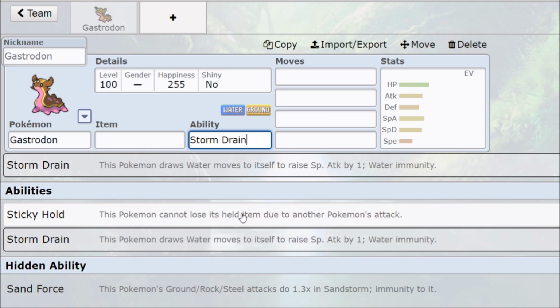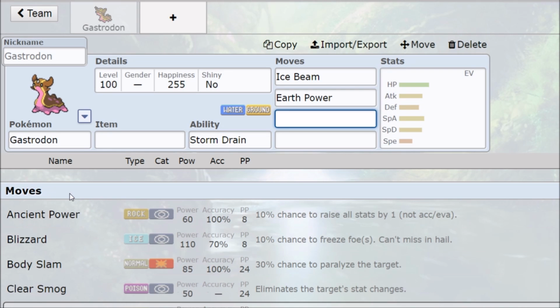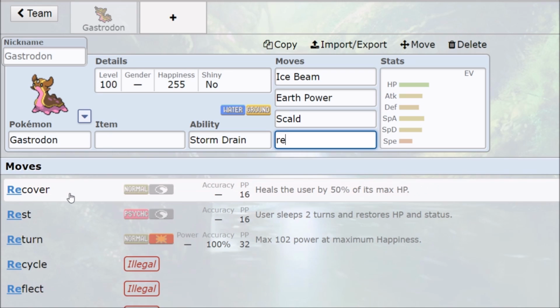Also, you can gain some special attack by either comboing it or just using it against your opponent in that way. The Water Ground typing is incredibly strong that you only have a weakness to Grass. Granted, it is a 4x weakness, but if you don't see Grass, then Gastrodon doesn't have any problems. Also, as a ground type, you do get the STAB Earth Power, which does threaten new Pokemon like Tapu Koko, and then you even get access to Scald for burning foes,